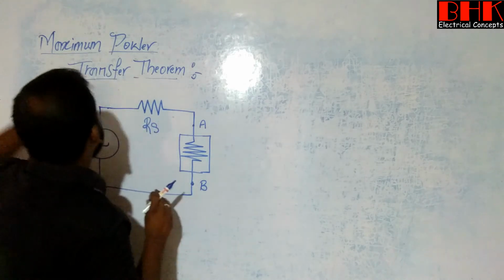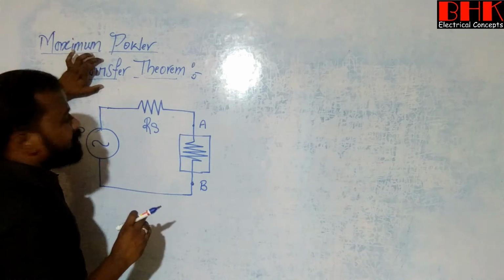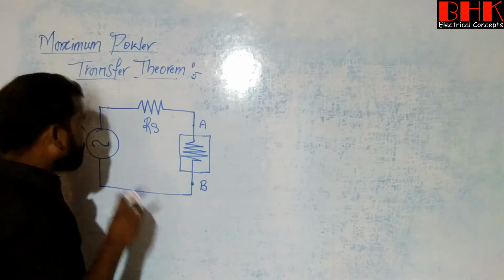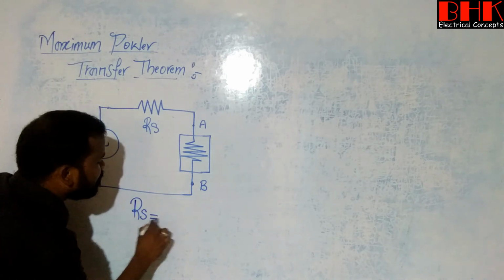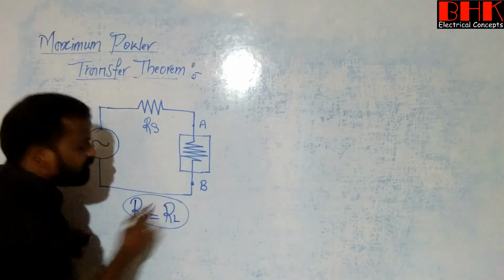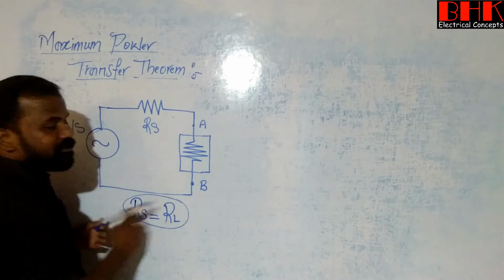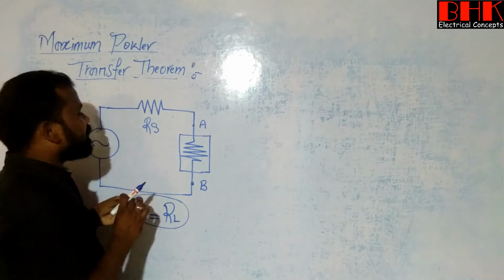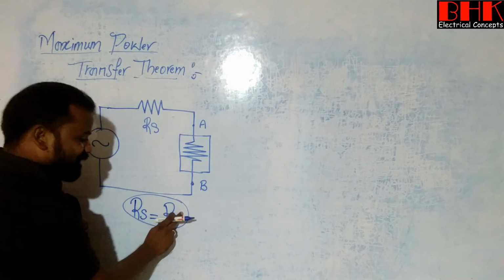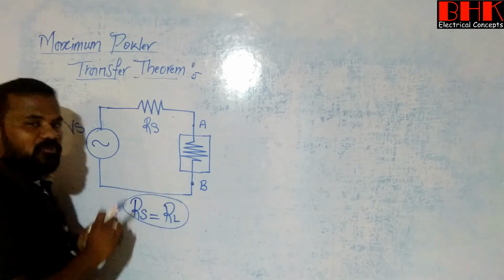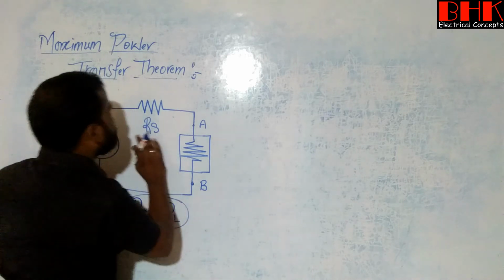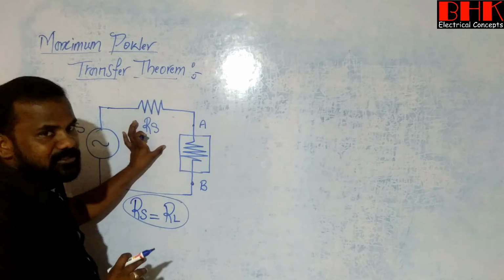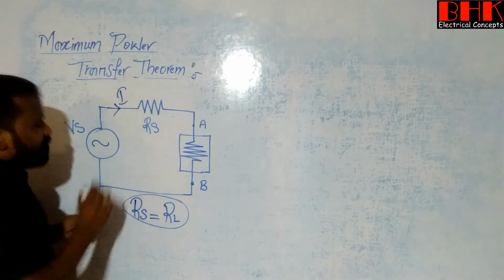Because I am going to talk about maximum power transfer, it means the maximum power will transfer when the source resistance is equal to the load resistance. So to get this condition, I am going to consider this small resistive circuit. Now see here, first I want to know the expression of current from this particular circuit. We have an applied voltage and we have resistance. Now what is the expression of current from this circuit?